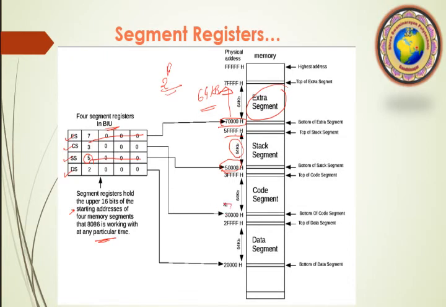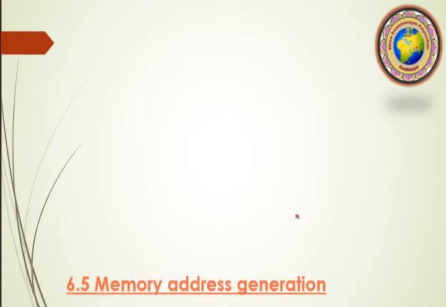In the same way, the code segment is 3000H. So this will also be 3FFFH and 2002FFH. So this is our highest address, and this is the bottom data segment address and the top data segment address. So the bottom and top of all our segments is called the physical address. So the highest address is called the physical address of this particular segment or memory. Okay, remember this, and it will be understood better in the next topic, memory address generation.